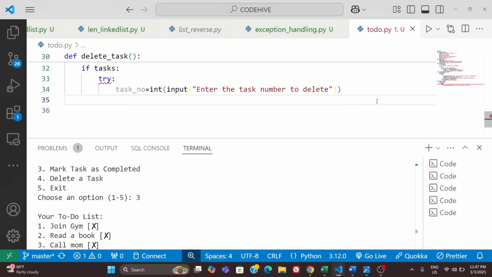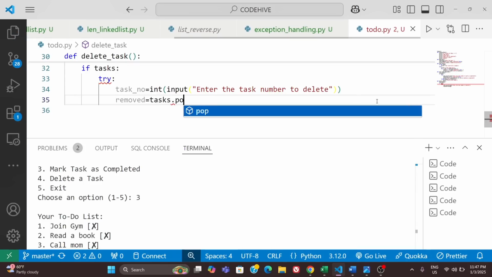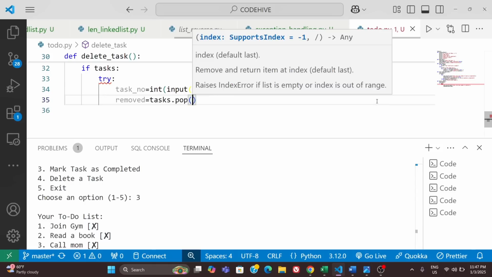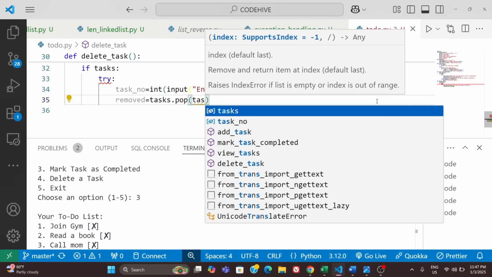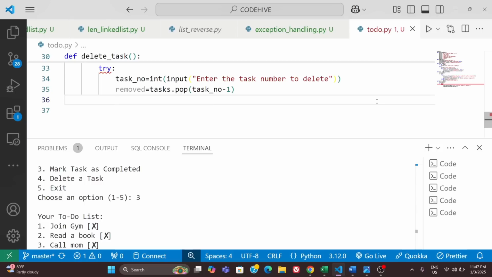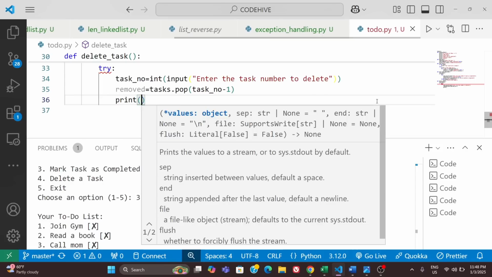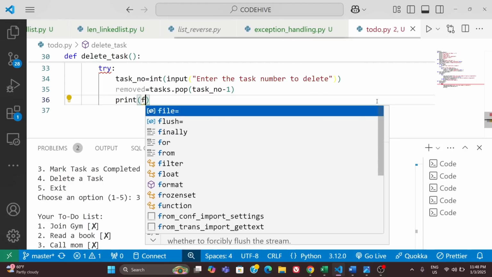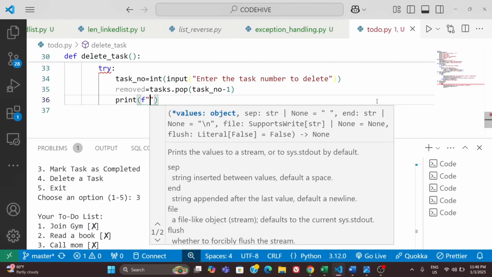We have a function named pop, right? So here we can use that one. Like removed is equal to task dot pop, right? Task dot pop. Here also we can use this task number minus 1. Okay. We will get the removed item in this removed variable, and it will be removed from that task list also. And here I can just simply show that this item is removed from this list. Okay,